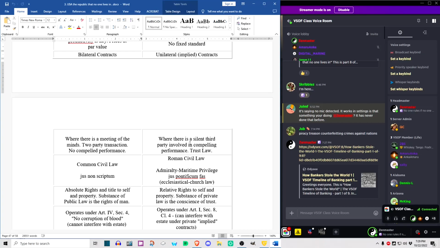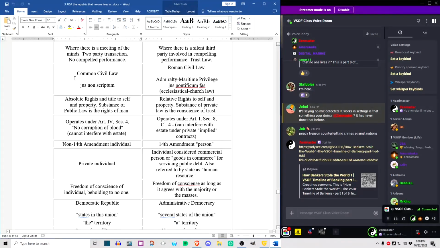Because the important part to understand about trust law and probate law is that the estate comes first. Then the trust comes after. You cannot have a trust without first having an estate from which the res comes, which is why it's so important to brush off every single aspect of them administering the estate. Then you don't really have to worry so much about what they're doing on the trust law side. It automatically all becomes fraud.